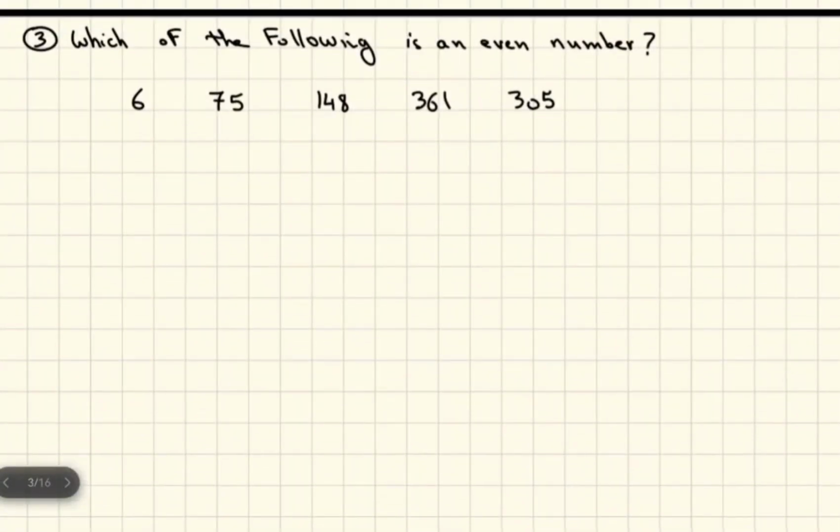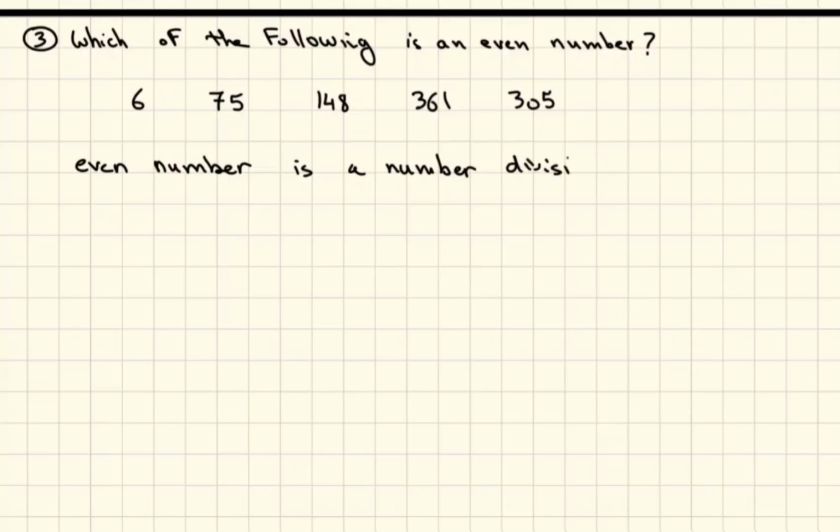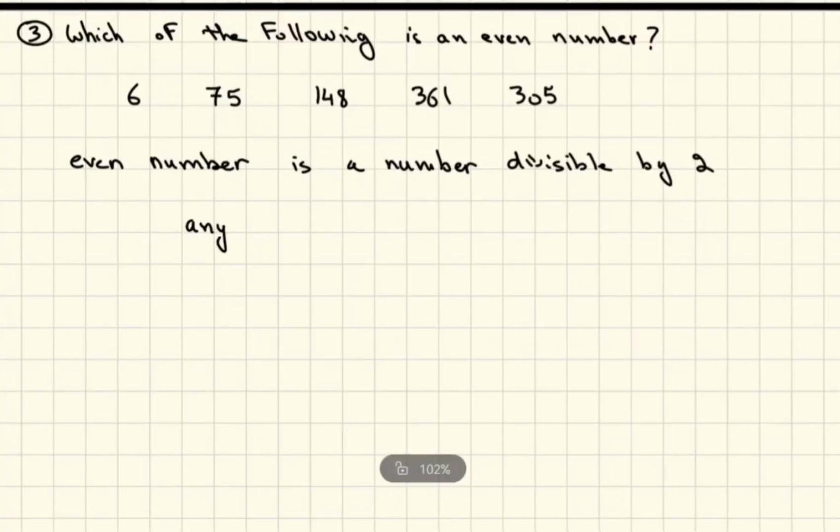Number 3. Which of the following is an even number? Now, what is the meaning of even? An even number is a number that is divisible by 2. When I say a number is divisible by 2, I can think about it in a different way. So any number divisible by 2